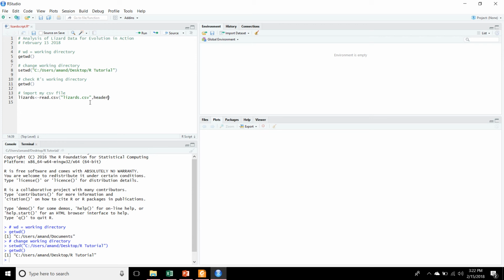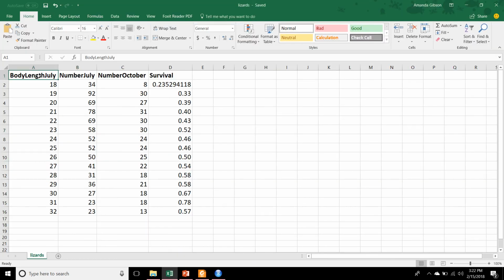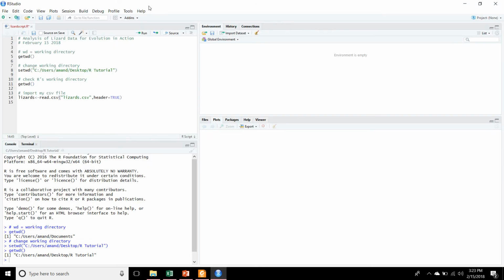Then I'm going to tell R that my data file has a header. What I mean by that is, let's go back to my Excel file. That means that I have column names. So the first row of my data file are the names of the columns. So R now says, okay, when I look at this data file, I know the first row is not data, it's column names. Okay, so then I hit run,